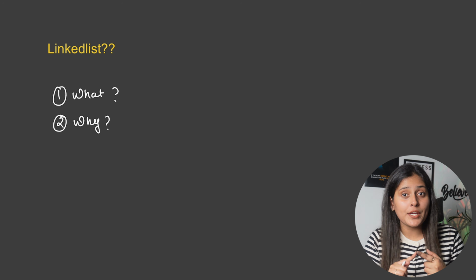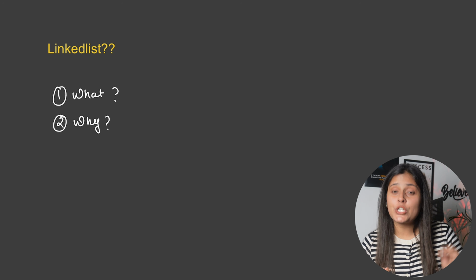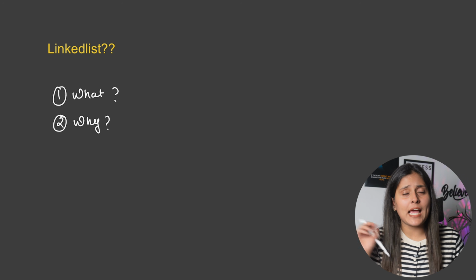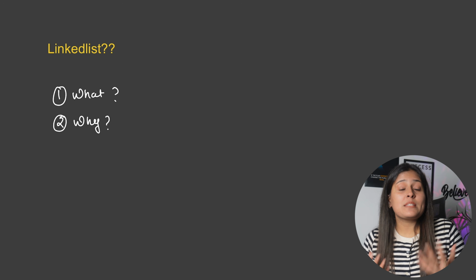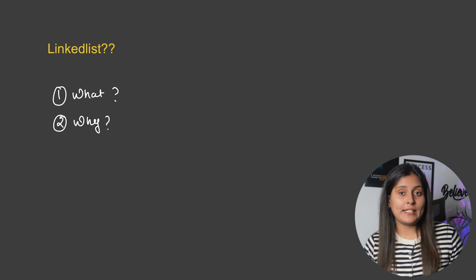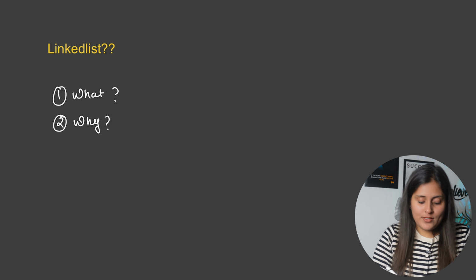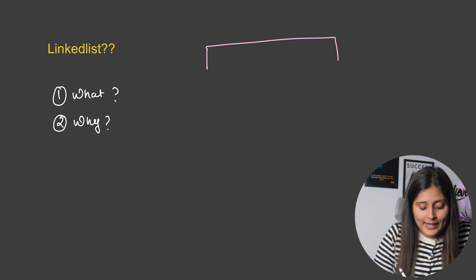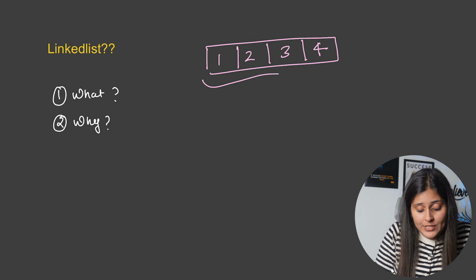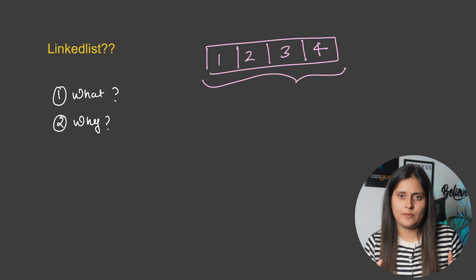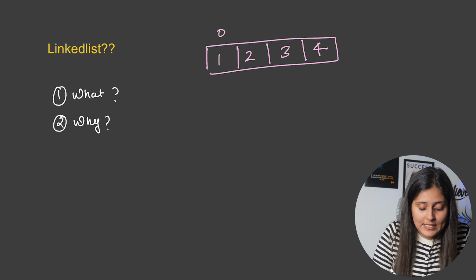Problems like memory allocation, problems like insertion and deletion was very costly. The time complexity was very high. And that is why we use linked list, because memory allocation or insertion and deletions were cheap. How? Let's understand. So this is how the structure of array looks like. We will have numbers like 1, 2, 3, 4 and all these numbers will be allocated continuously. And you know that array is a zero based indexing.